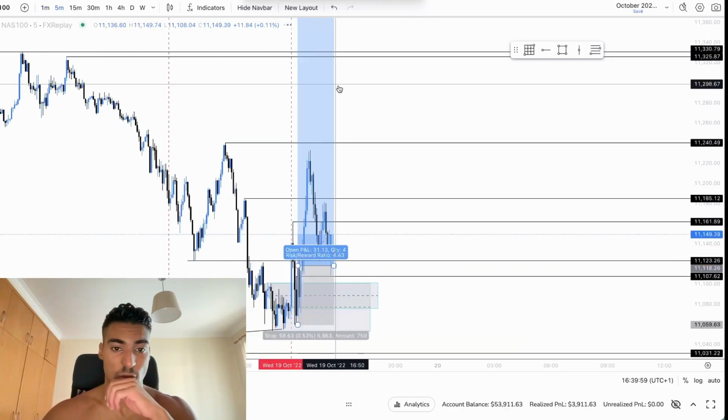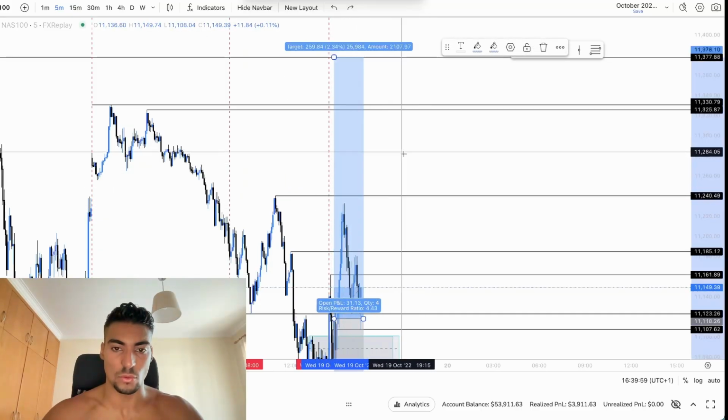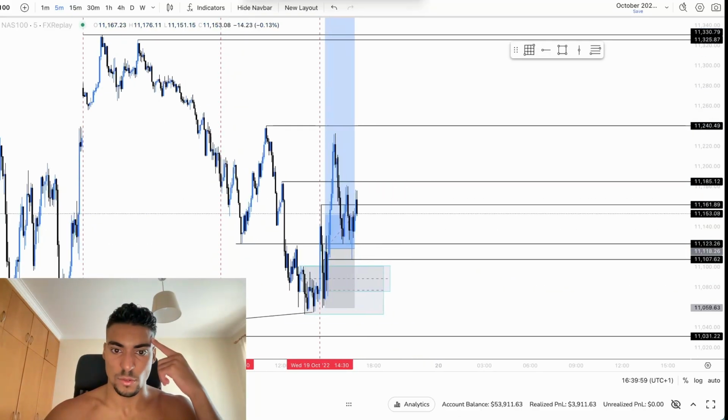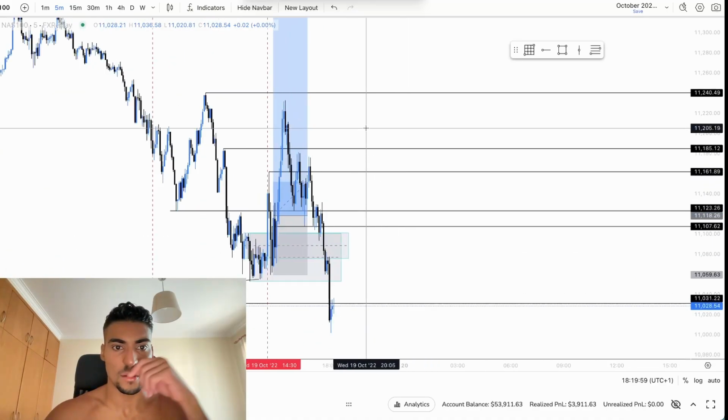Only made $100 on this trade. That sucks a lot. How much was the risk to reward ratio? Like almost 1.2. But again, I stick to my rules. That's probably the most important thing. And yeah, if I hadn't stuck to it, I would have been stopped at stop loss.